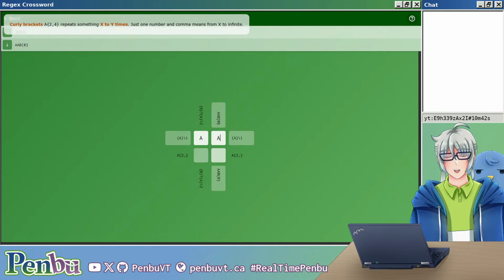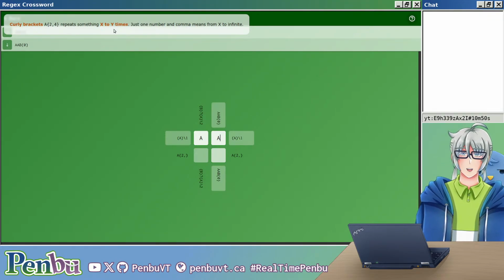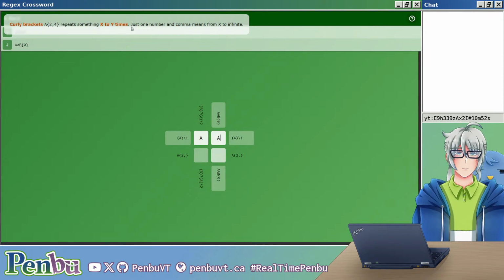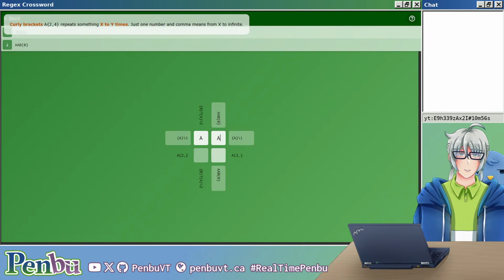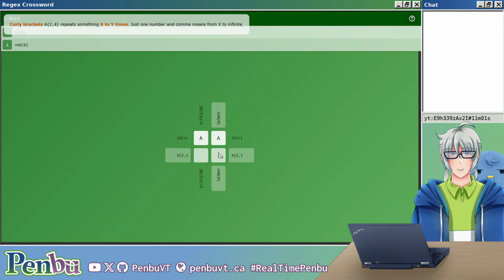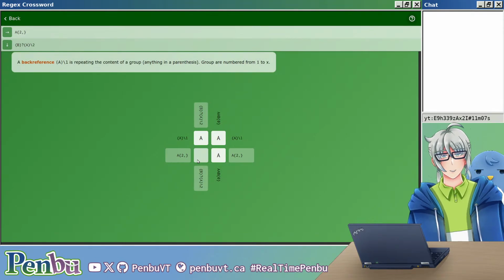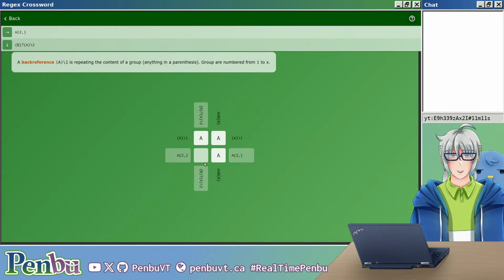with a 0 in curly braces. As it says here, curly brackets 2 to 4 means repeat something X to Y times, and just one number and a comma means from X to infinite. In this case, we have a 0, which means repeated 0 times, so we don't have any B's, which forces this to be an A. And then looking at this clue here, we have A, 2 or more, and so that forces it to be